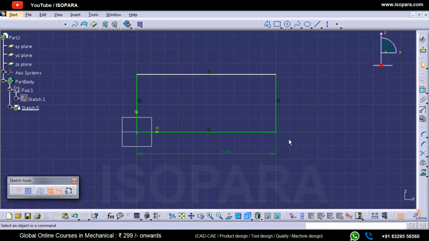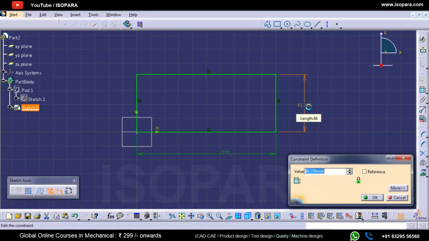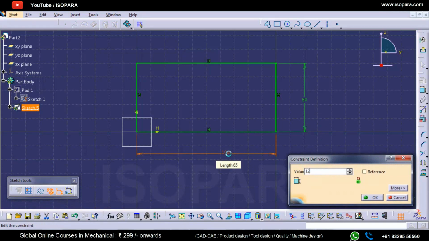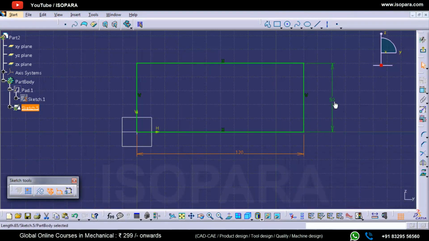Let's suppose I want this width, or maybe the breadth, I can say, to be 50. One option is I just enter 50, that's all. But whenever you change this one to like 120, in that case it should automatically be 60 mm. You want it to be like this, so creating a relation between them.